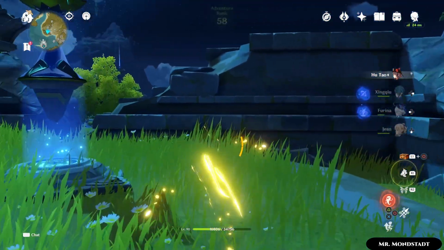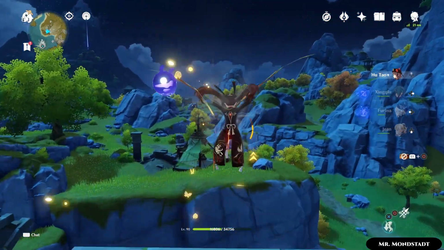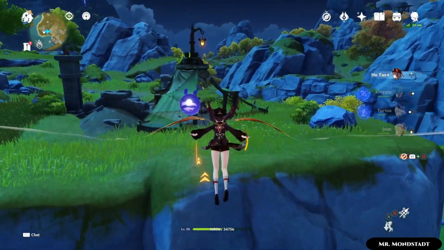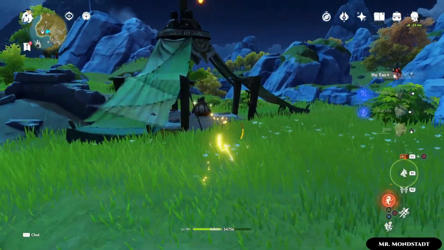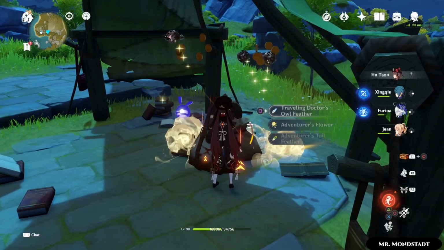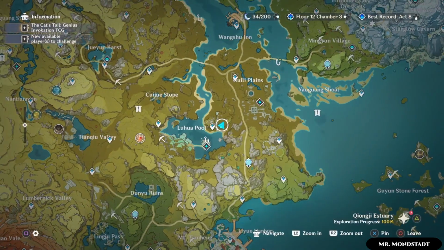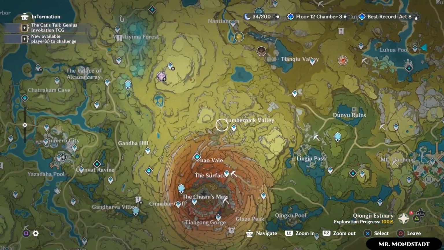Turn to the left again, jump up here, and fly over to this tent. There are 3 more sparklies, and we want to get all of them. After you're done, teleport to Lumberpick Valley